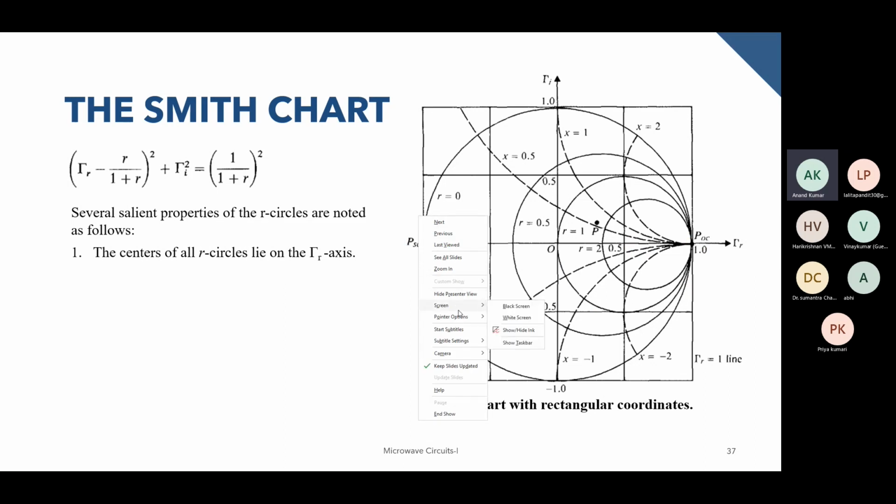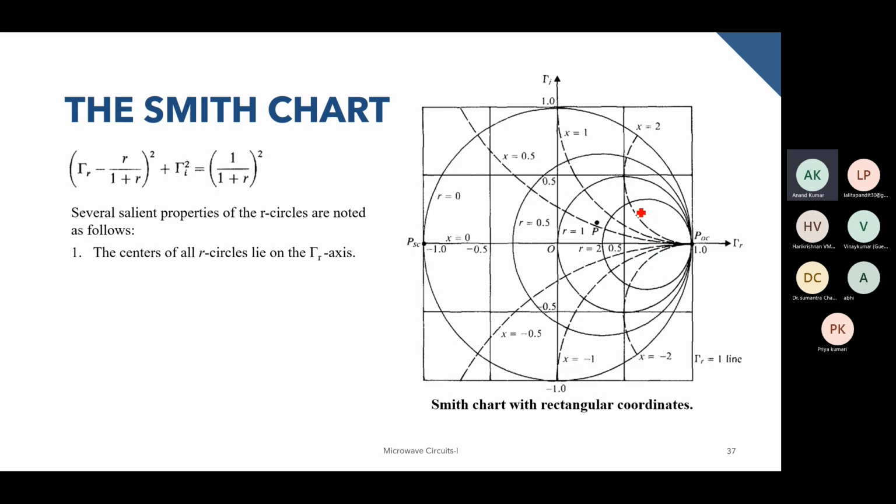Maybe I'll use a pointer over here. For example, this circle has its center somewhere over here, this bigger circle will have its center somewhere over here, and then the even bigger circle will have its center somewhere here, and the biggest circle has its center at the origin over here. So the centers of all these circles are lying on